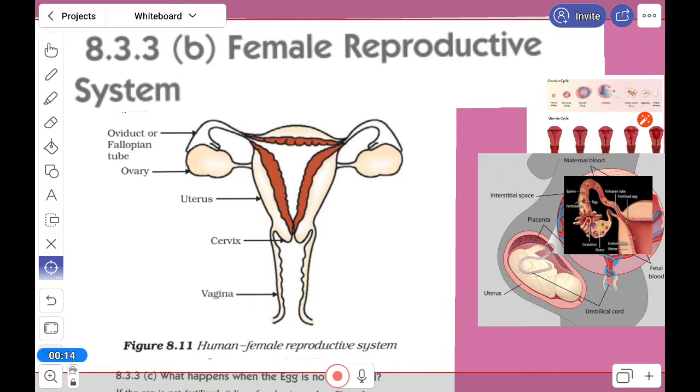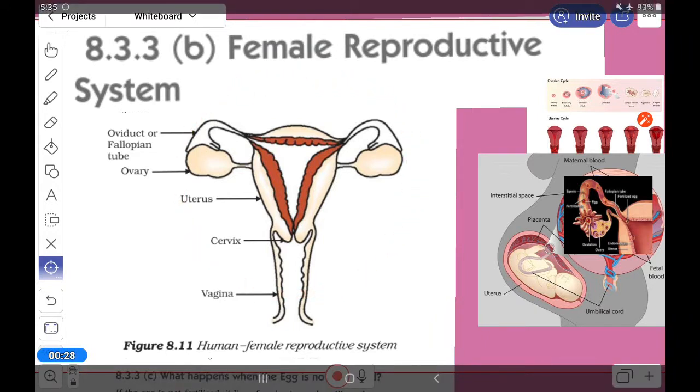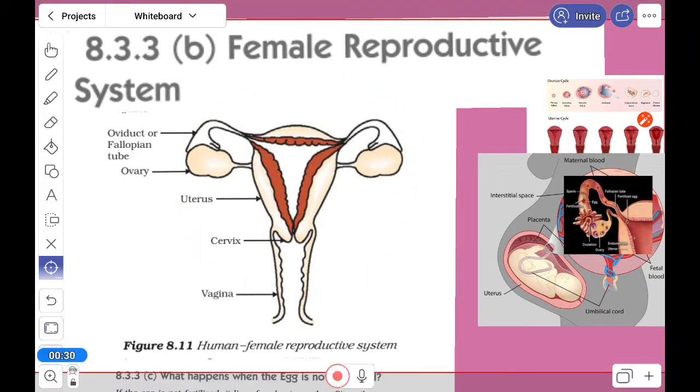Look here at the ovary. There is a pair of ovaries. First of all, this whole system is present inside the body. Previously we saw that the male reproductive system is outside the body, but here it is inside the body. A pair of ovaries here. You can see the pear-shaped uterus, which is muscular,